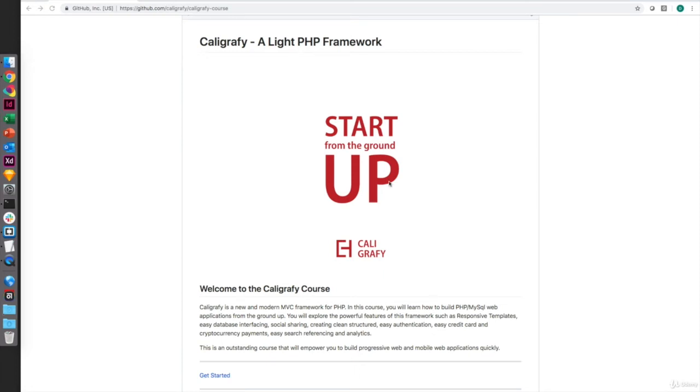Hi, welcome back. In our previous session, we started seeing how to create views with the Calligraphy framework. We learned about the PUG language, and more precisely, the FUG language, which is really a PHP version of PUG. And we started seeing how we could create UIs or user interfaces for the different components that we want to